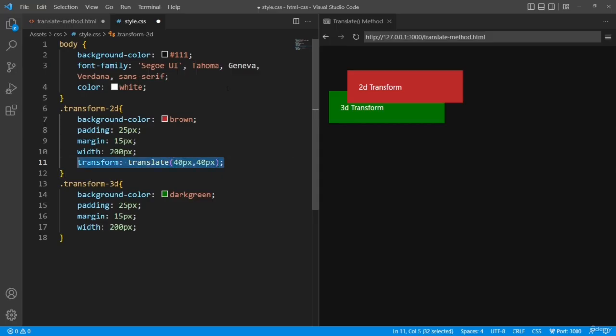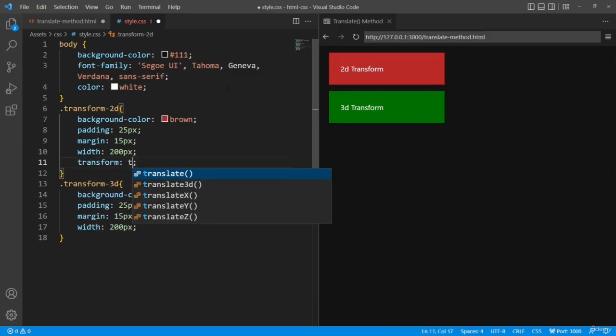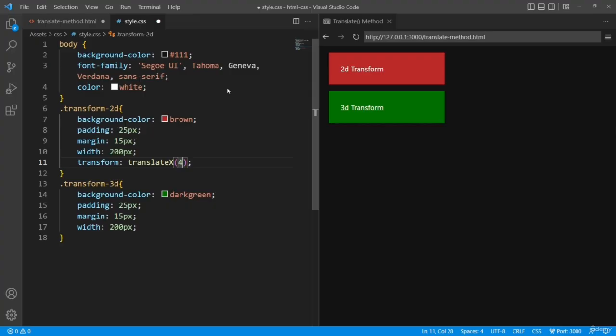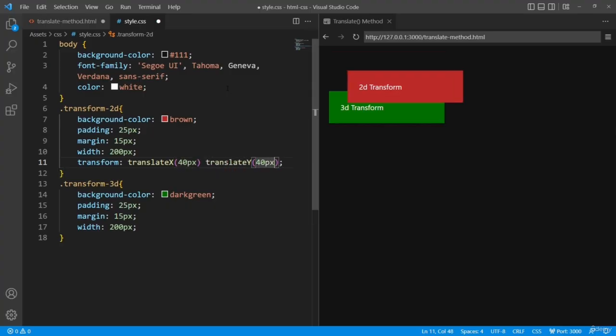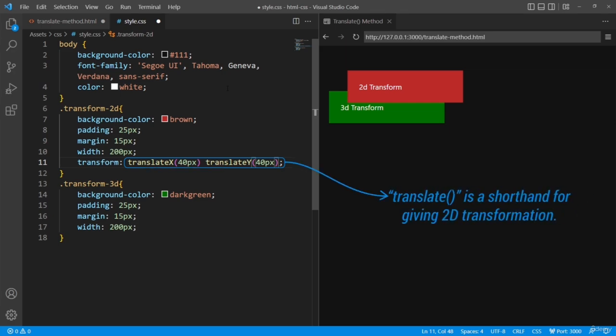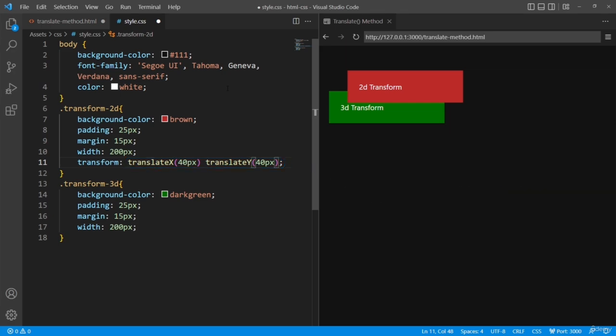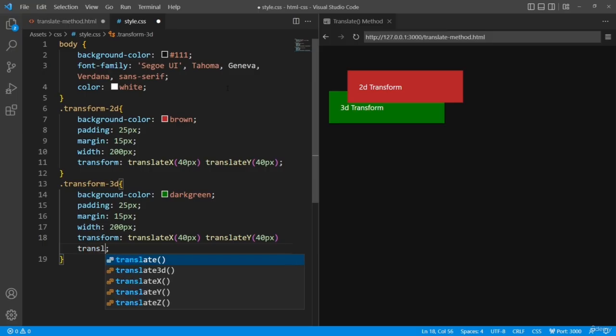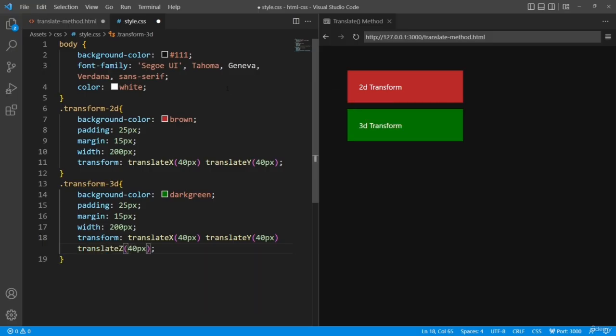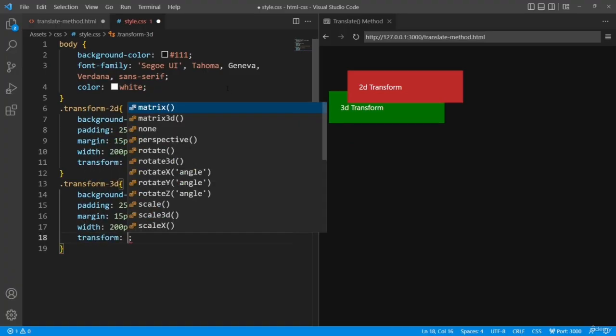The other version and a bit longer version of giving a 2D transformation to an element is by specifying the translate x and translate y. Translate is just a shorthand for giving 2D transformation. Now for 3D transformation, we will have to give three values, that is x, y and z. Either you specify the x, y and z axis values like this, or you can use the shorthand translate 3D